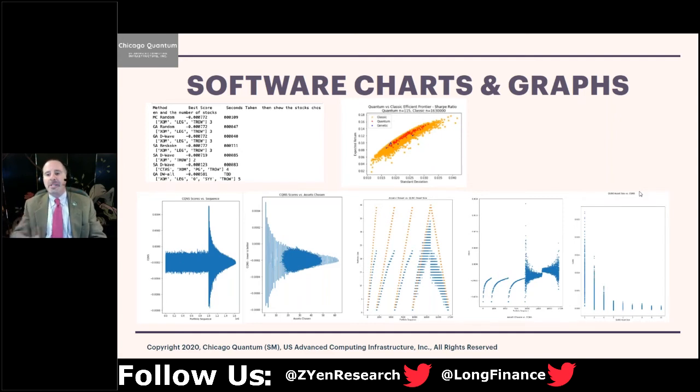And there you can see it, kind of like a scatter plot. 4 and 5 are the types of shapes that we would expect to see coming out of the annealer. And then the fifth one is the Chicago Quantum Net Score versus the number of stocks. And you can see that wide spread. 2 stocks, huge spread. Terrible, terrible portfolios with only 2 or 3 stocks, but some great ones too. And then as you move further, the range tightens because diversification kicks in.